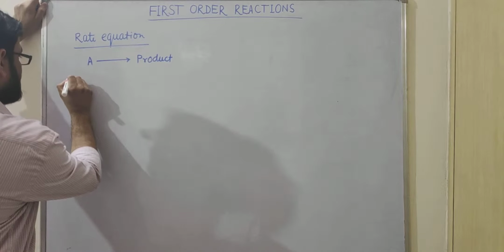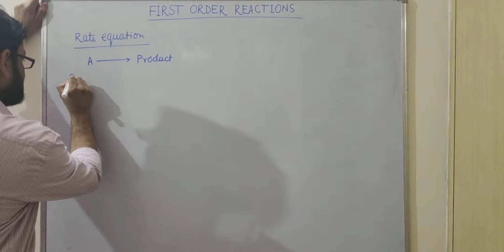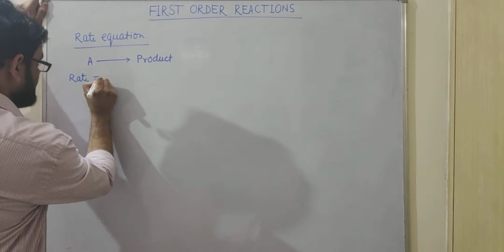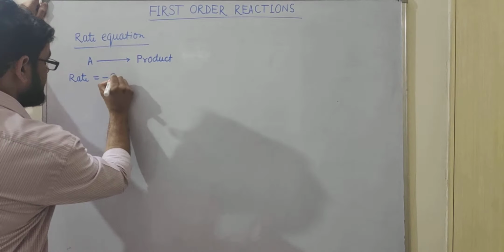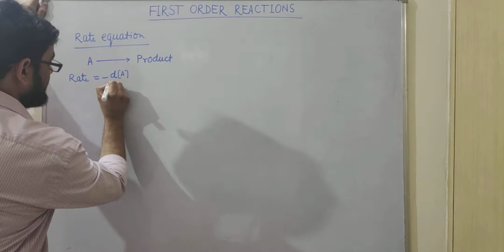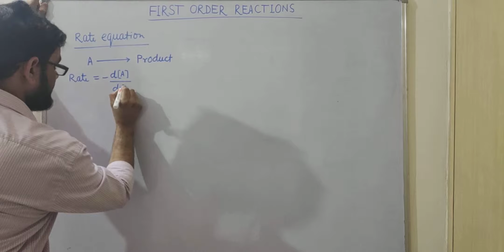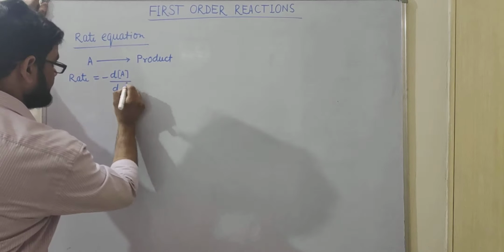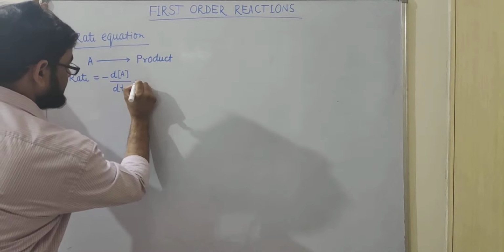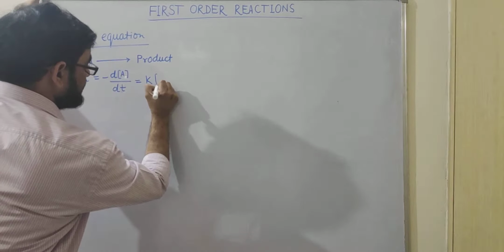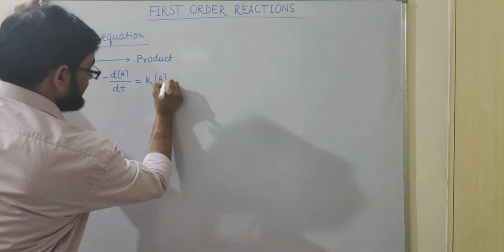So the rate law for first order reaction can be written like as rate is equal to minus dA upon dt is equal to k A to the power 1,